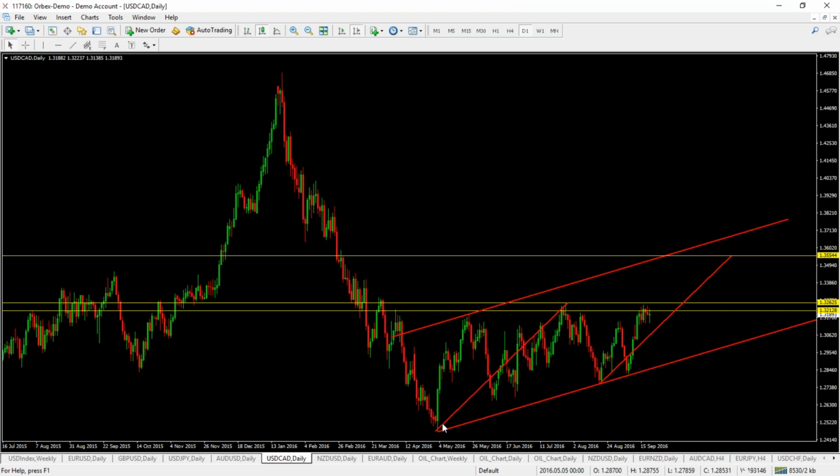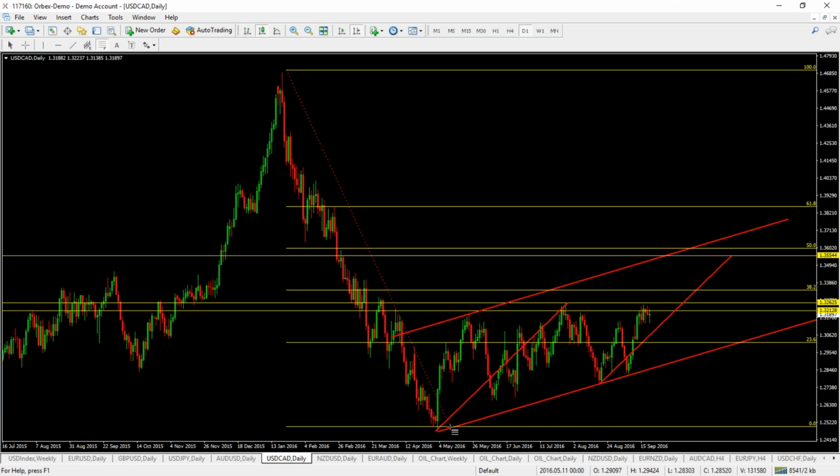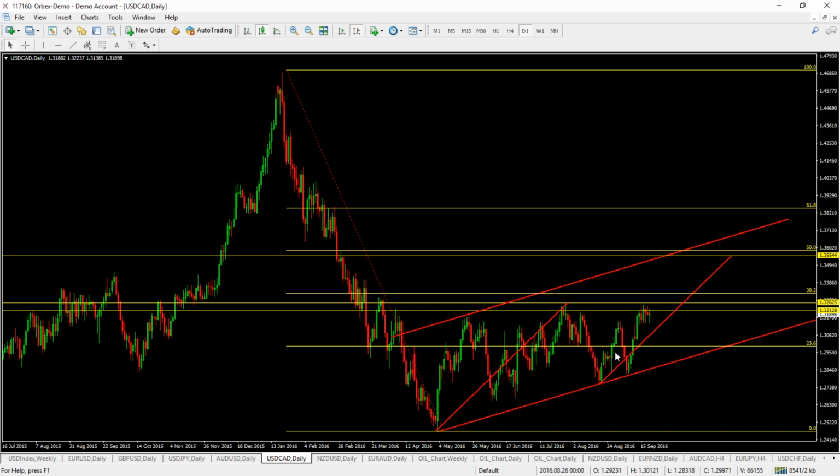So you can see, first of all, we have the nice symmetry swing here. So these two drives of equal length, which project up into around the 35.55 area. And just above that, you can see we have the bullish channel resistance line. And then if we bring in a Fibonacci retracement from year-to-date highs, you can see that we also have confluence there with the 50% Fibonacci retracement.